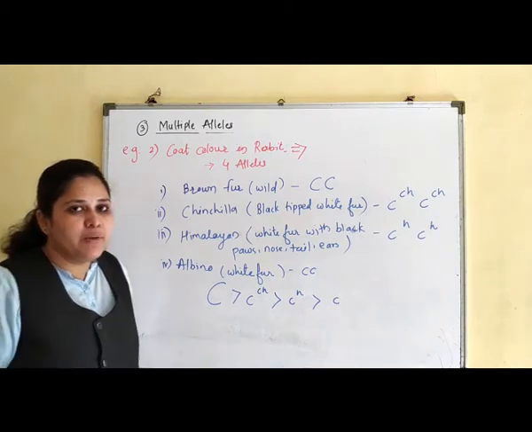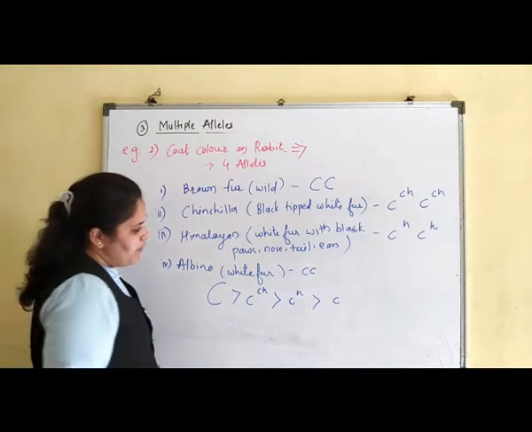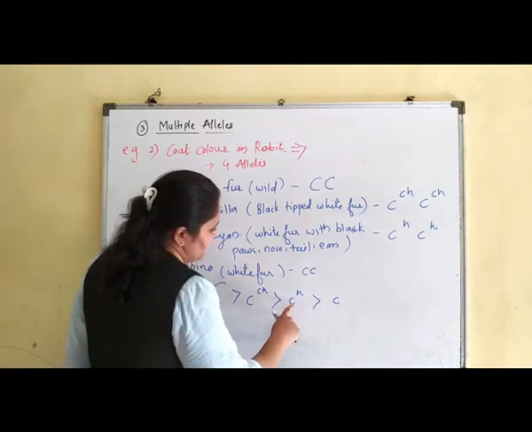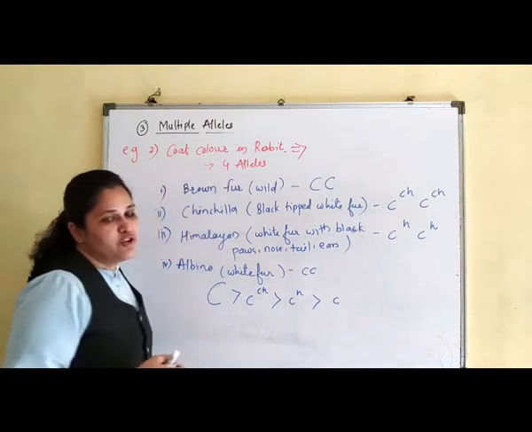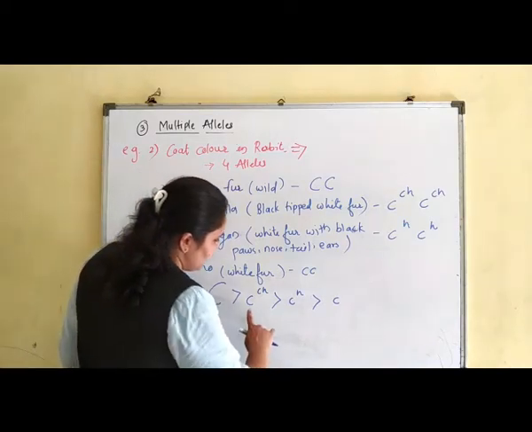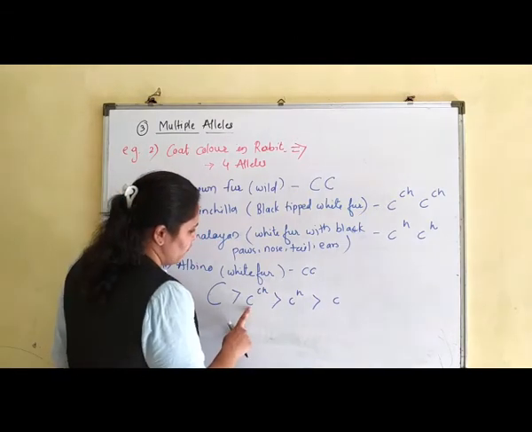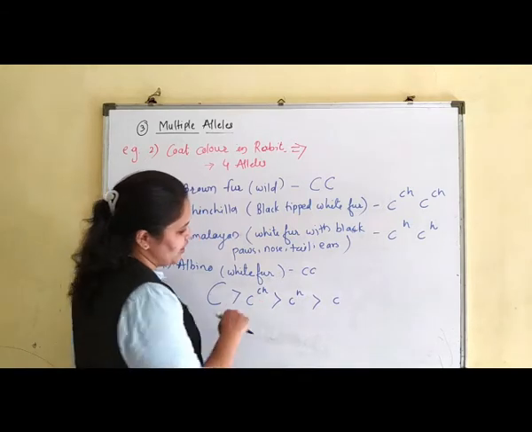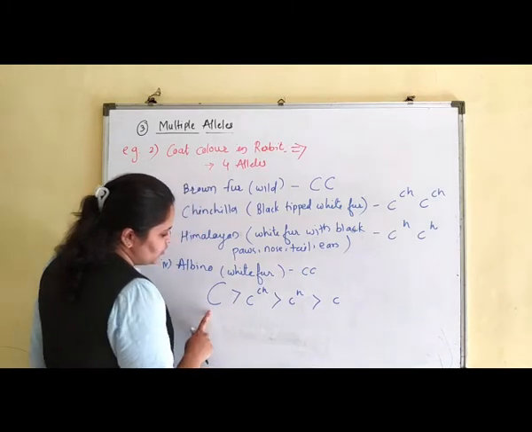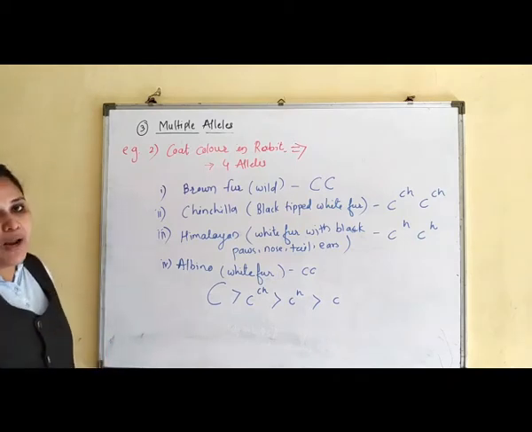Now, the degree of dominance or the phenotypic expression depends upon the alleles. For example, if the rabbit gets c^h and c alleles, who is dominant? c^h. So all individuals would get the Himalayan type of phenotype. If the individual gets c^ch and c^h alleles, then obviously chinchilla is dominant, so all will get chinchilla type of fur. If the rabbit has capital C and c^ch, then obviously capital C is dominant, so all rabbits will get brown colored fur.